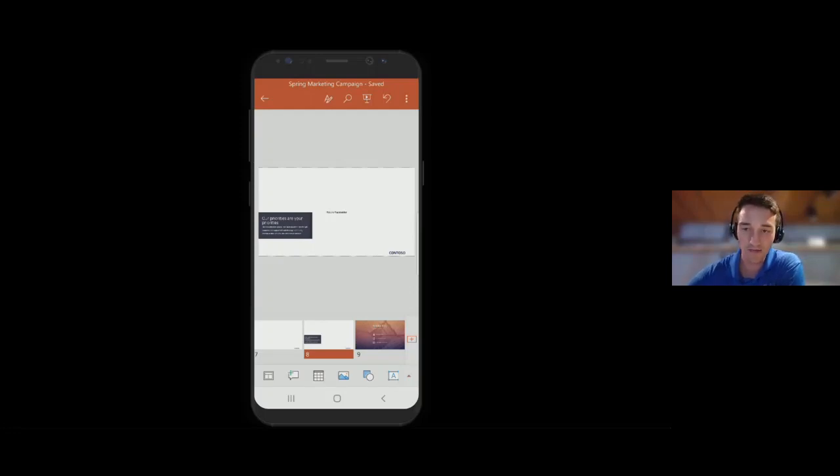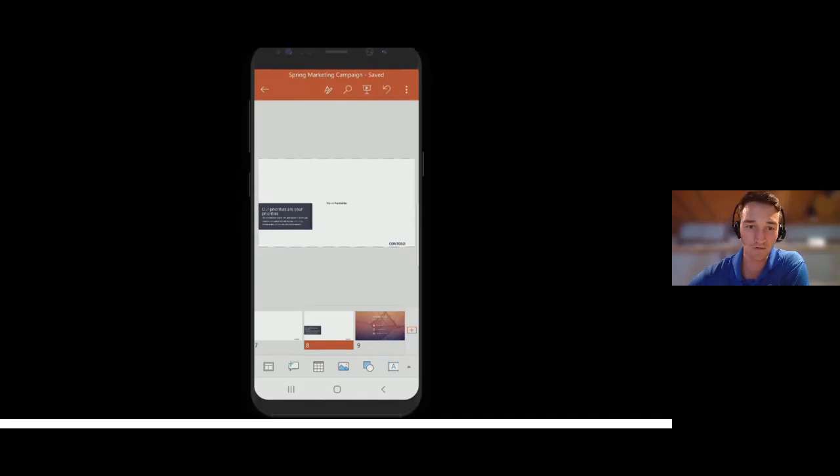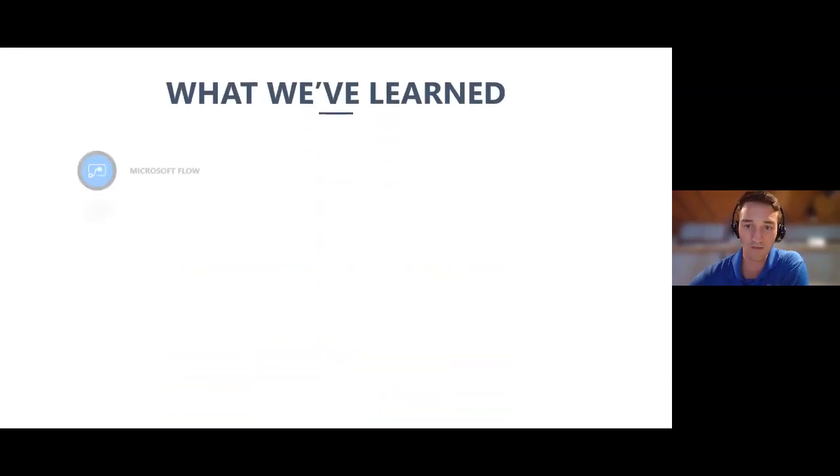All right, so that's all I have. Again, there are tons of other applications that I could show off. Unfortunately, we don't have a ton of time. I see we're already at 40 minutes here, so I want to be mindful of everybody's time. So just quickly, what we've learned: we learned how to use Microsoft Flow to create some workflows and processes